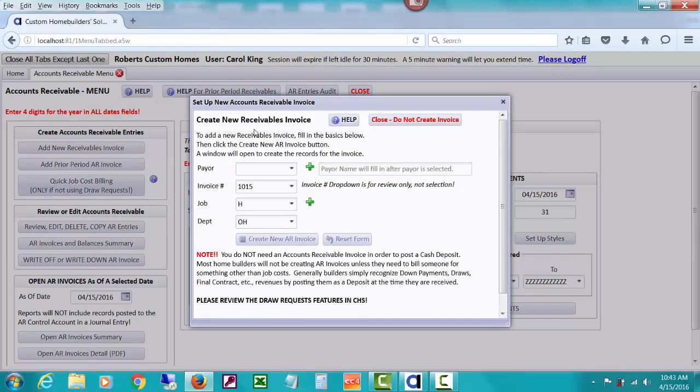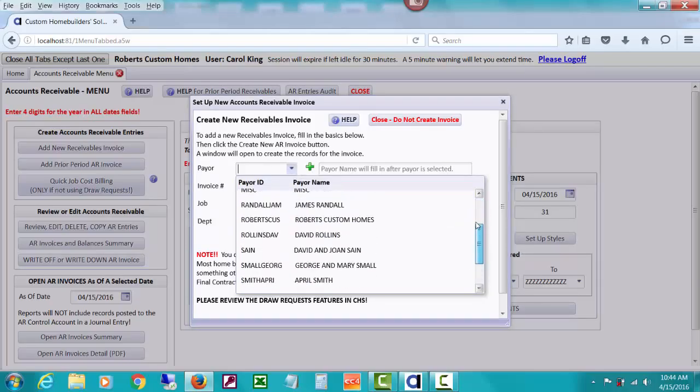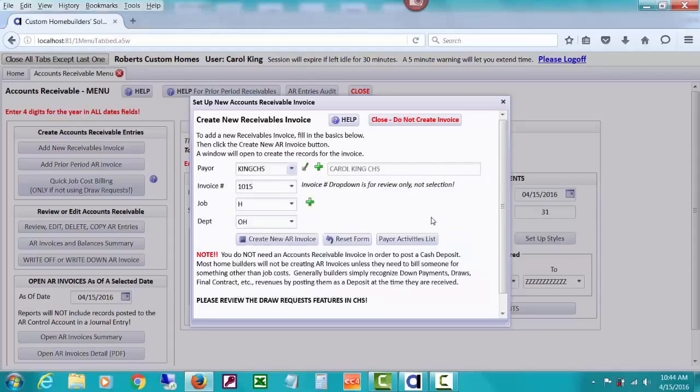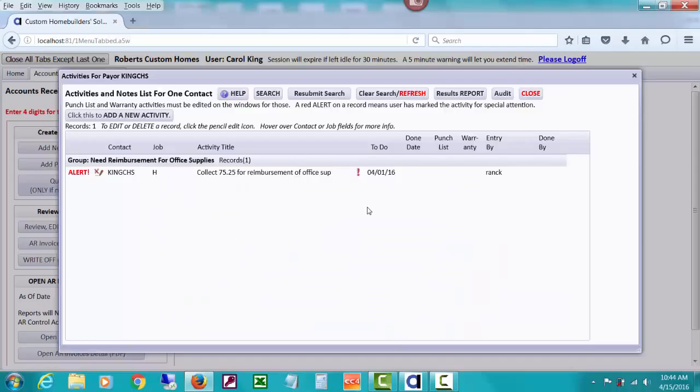Now first of all, it's asking for a payor, and by payor we mean anybody who pays our company money. It could be a customer, a bank, an employee, somebody. And if you do the drop-down list, you'll see payors that you've already set up. So if I click Carol King, the next thing that happens is that